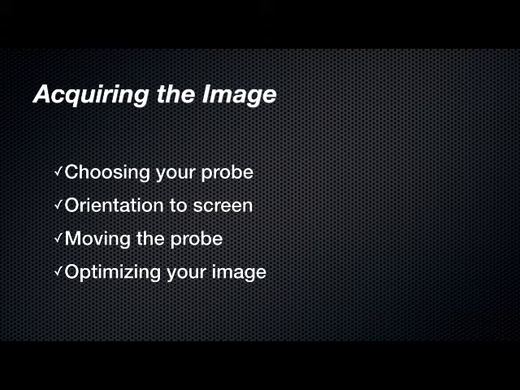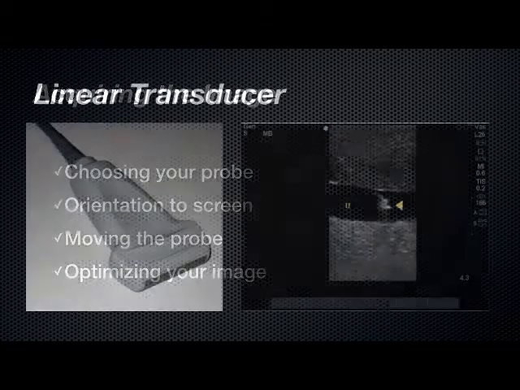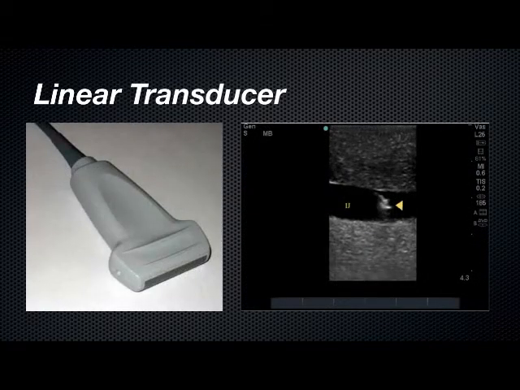You want to make sure that you're oriented appropriately to the screen, and we'll talk a little bit about that in a minute. When you move the probe, there are certain movements, and then optimizing your image has to do again with making sure you have the depth set appropriately and that your gain is set appropriately. This is an example of the linear transducer, and this is what a blood vessel looks like in long axis